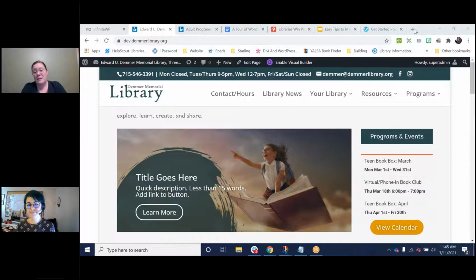Now, if you don't want to be spending your time updating your website all the time, you can have undated things. You can have a beautiful picture of your library and a search box that says, what will you discover next? That would never go out of style, right? So choose how much you want to be on your website, what your time is capable of doing and tackling.